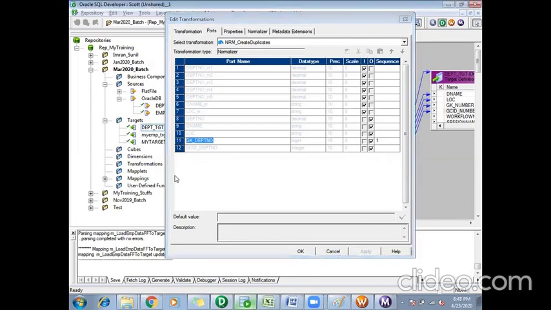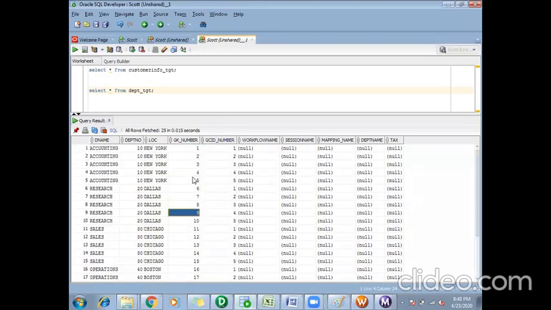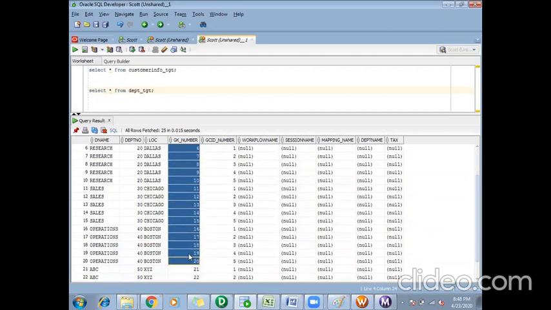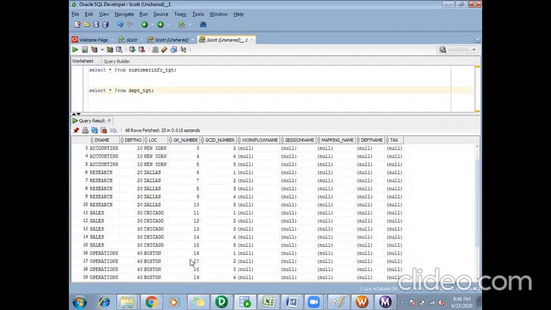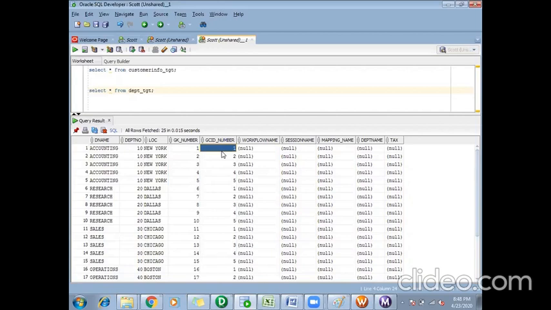If you go back to the table and see the values of this GK number, it is purely the sequences from 1 to 25. For all the records, it has created me the sequence. Then coming to GCID number, if you observe it, GCID number for department 10, it is 1, 2, 3, 4, 5.